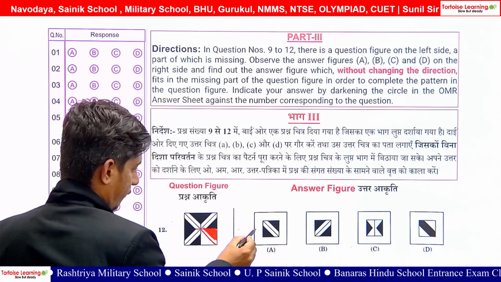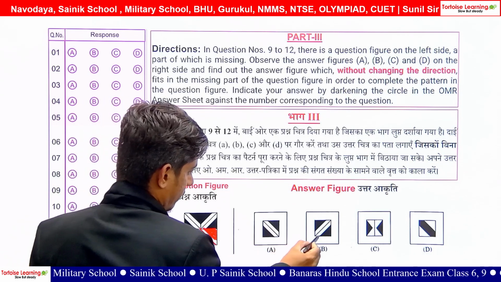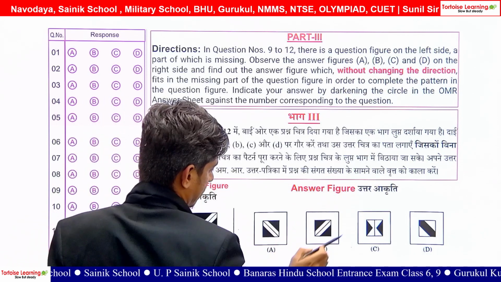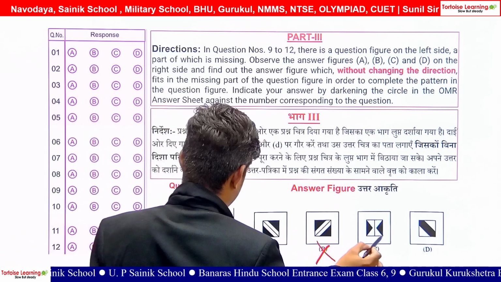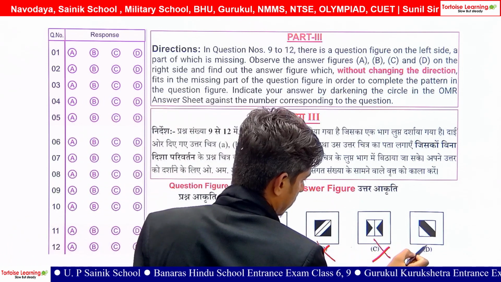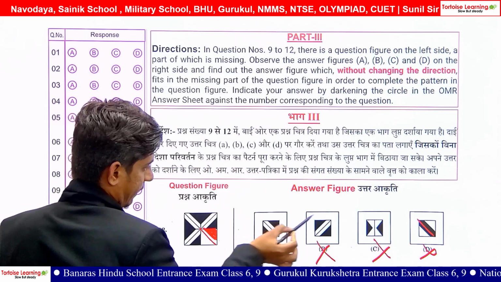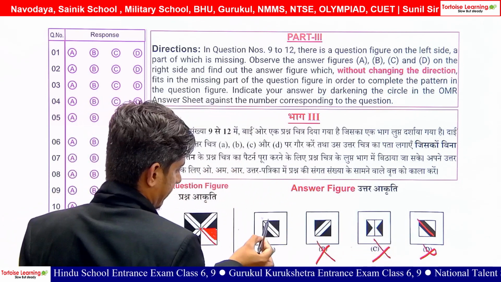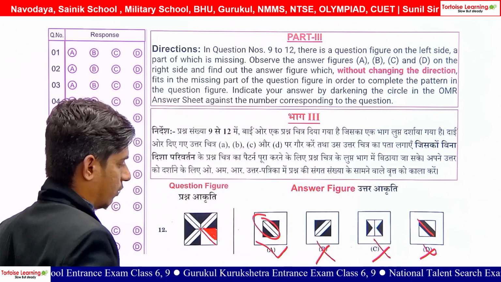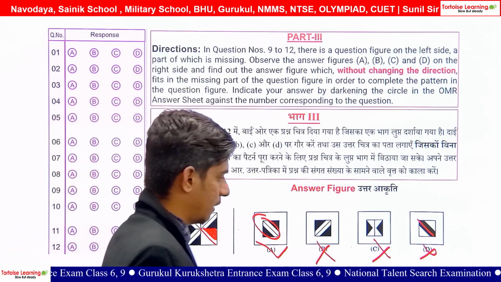So if you look at this, this can be your answer. This is correct, but this direction is changed. Wrong. This will not be our answer. This will also not be, because this side should be blank, and here this side is filled and this side is blank. This A will be our answer. Okay. Now next,